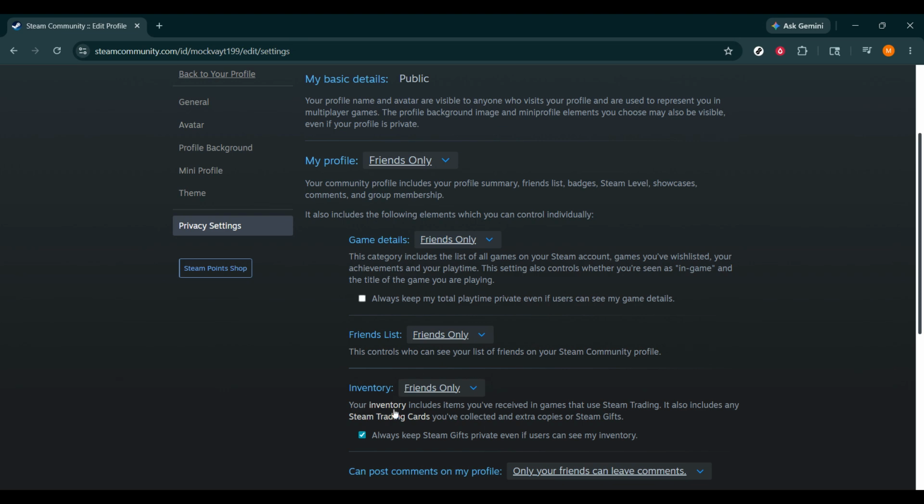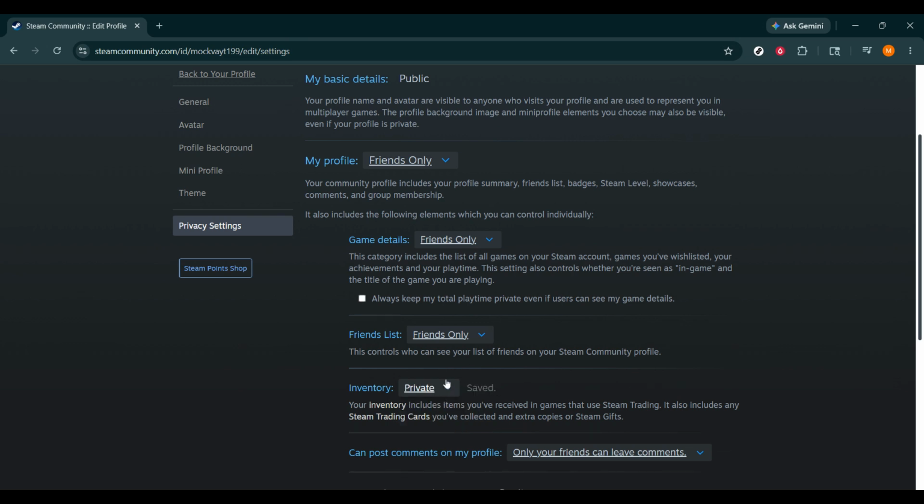Scroll or look through the privacy options until you find inventory. This is the setting you need to change if you want to hide your items. Now click the inventory privacy option and choose the level that works best for you. If you select private, nobody will be able to see your inventory. If you select friends only, then only people on your friends list will be able to view it. This is the best option if you still want a little privacy, but don't want to completely block everyone from